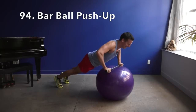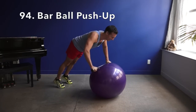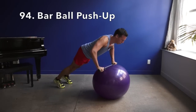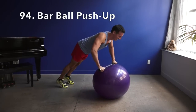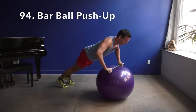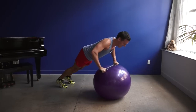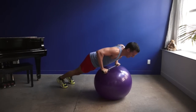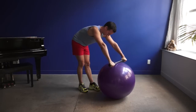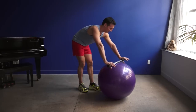Ooh. Notice the great stability challenge. Jeez, why is this so hard? I can do these. I can honestly do these. Maybe after I've done so many push-ups, they're so hard, but anyway,